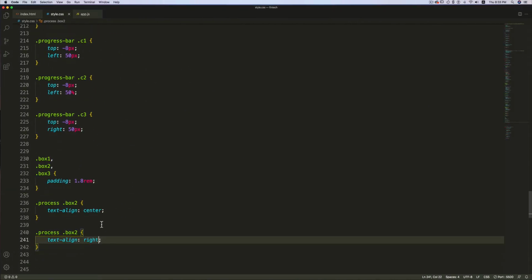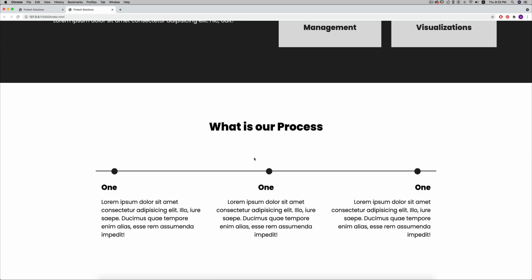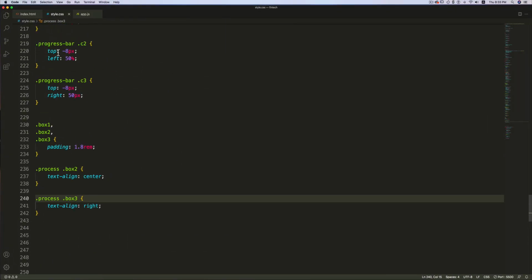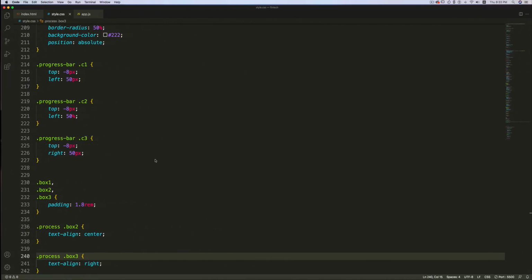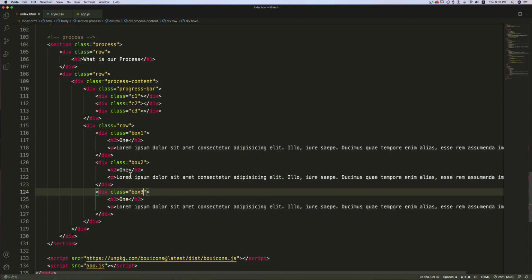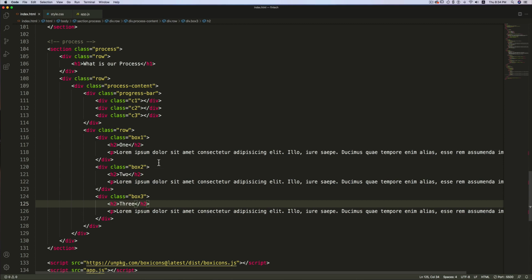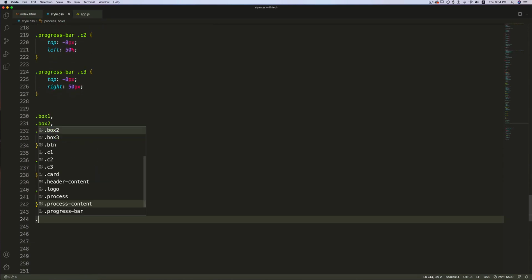I need to change this to box 3. So you can play around with this number, top and left, to get the circle where you want. Let's change 1, 2, 3, and finally I'm going to target the H2.